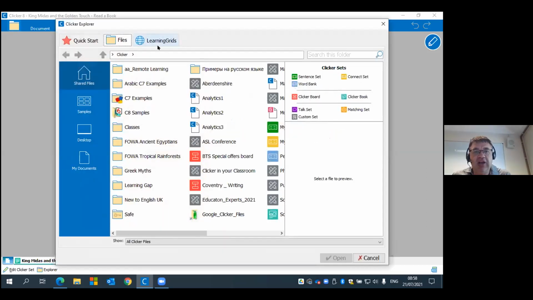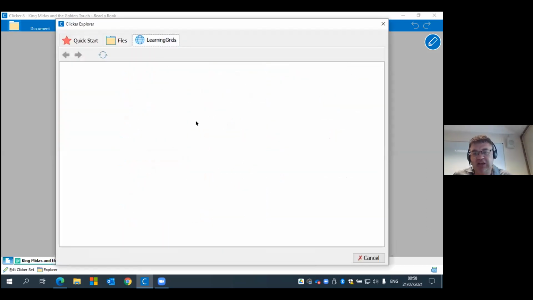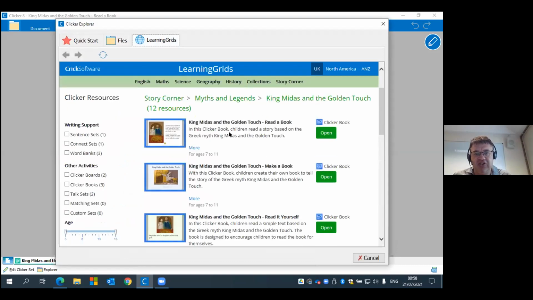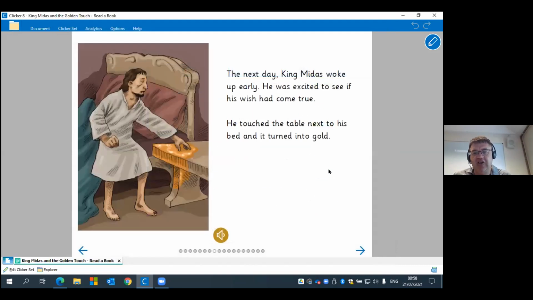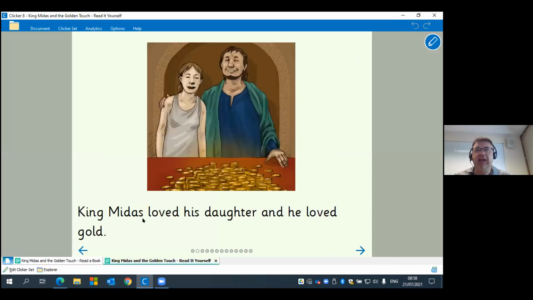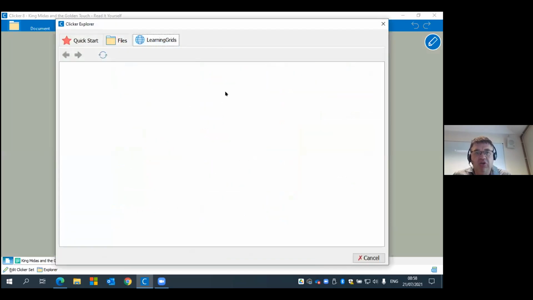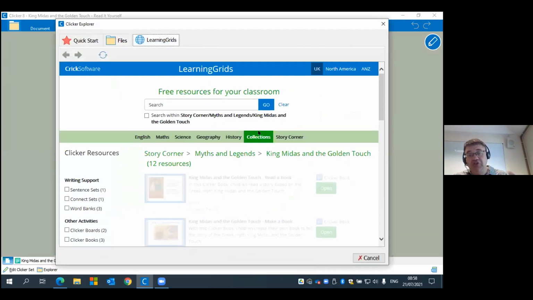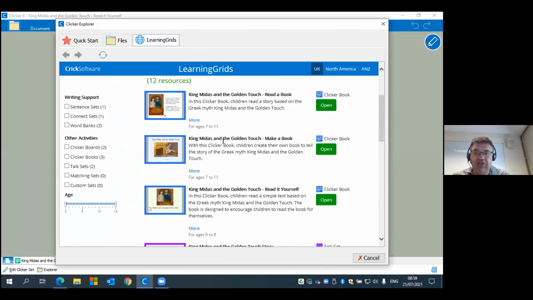Now, if you've got a child where you want to develop their reading skills, you give them a simplified version of this. So there's a read it yourself version, and the read it yourself version only has one sentence per page, so it's a simplified version for them. Ultimately, you might want to get them to write their own version. So there's